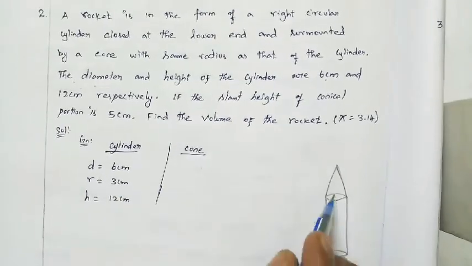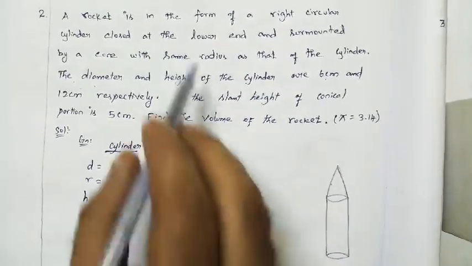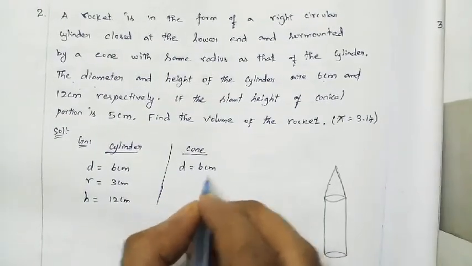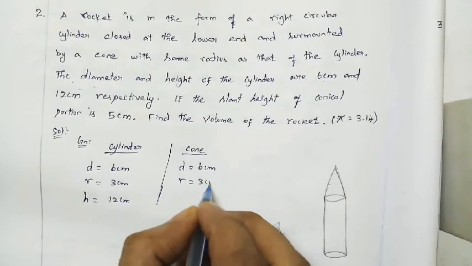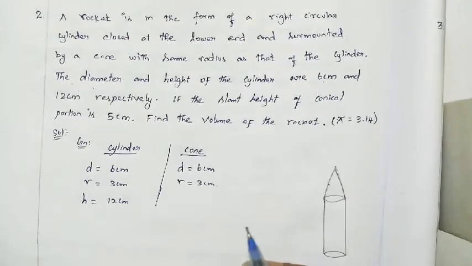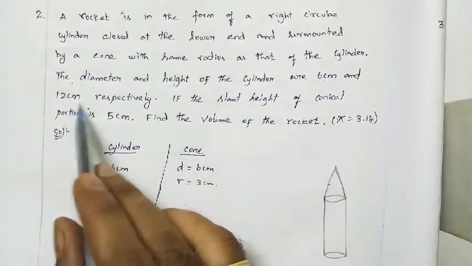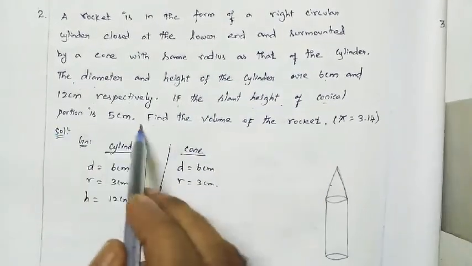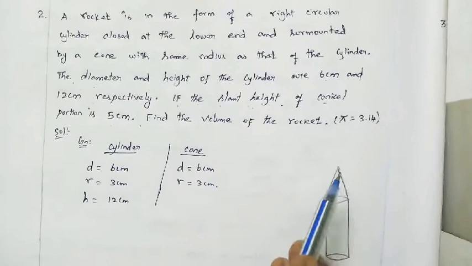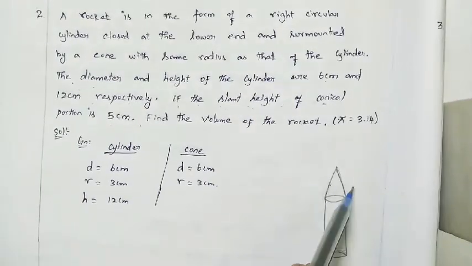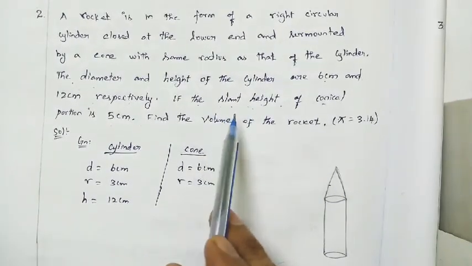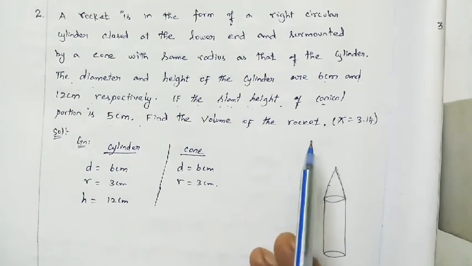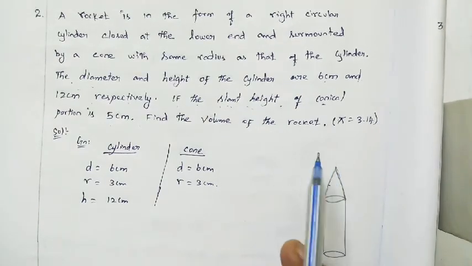And I told you that already the radius of cone and radius of cylinder both are same. So here also the diameter of cone is 6 centimeter and radius is equal to 3 centimeter, right? Still I want to read the question. If the slant height of the conical portion is 5 centimeters, see, for finding the surface area we need slant height, right? What is the formula for finding the surface area of a cone? Pi r L or pi r L plus r, right? TSA or curved surface area.